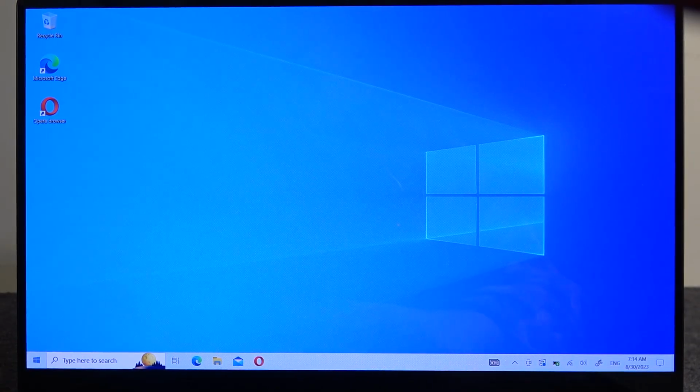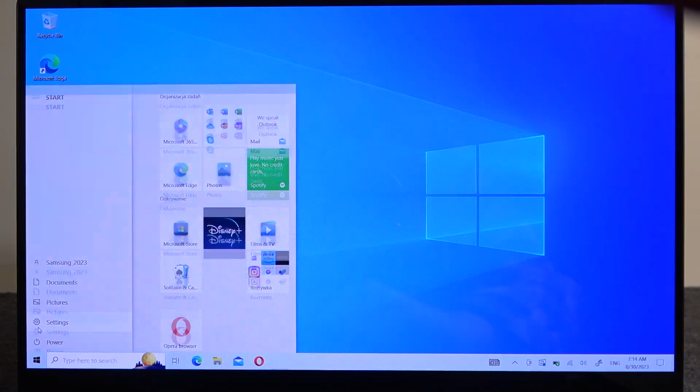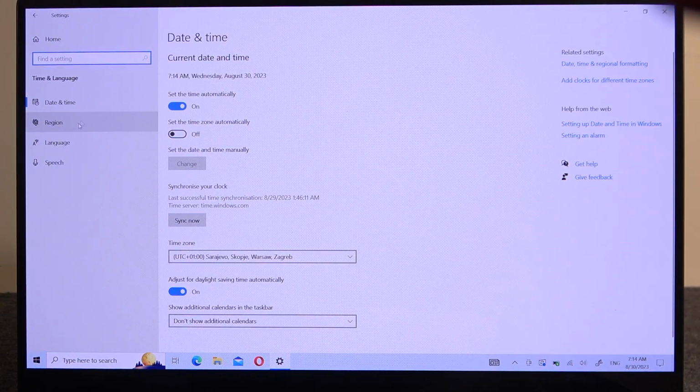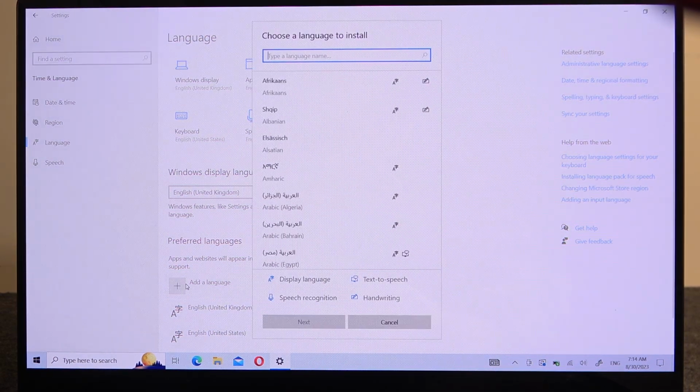And to do this, first we'll need to click on Start and then go for that gear icon, open Settings. Now we want to select Time and Language, then there's Language settings right here. You'll be able to download language packages with this plus button, so here choose whichever language you like, and when